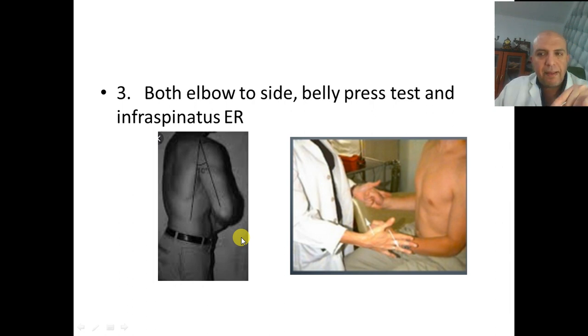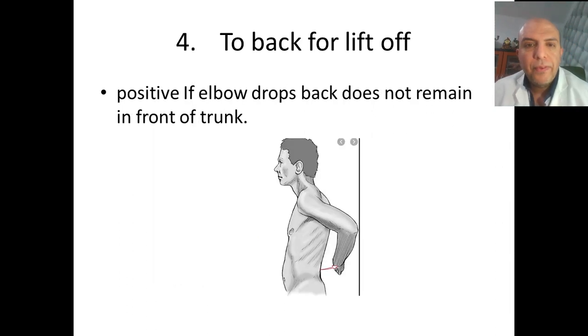Then you will be in the back and do the lift-off test. You make him put his hand on his back. This is an internal rotation movement away from his back, and he maintains this position. If he can't maintain it, either pain or weakness,